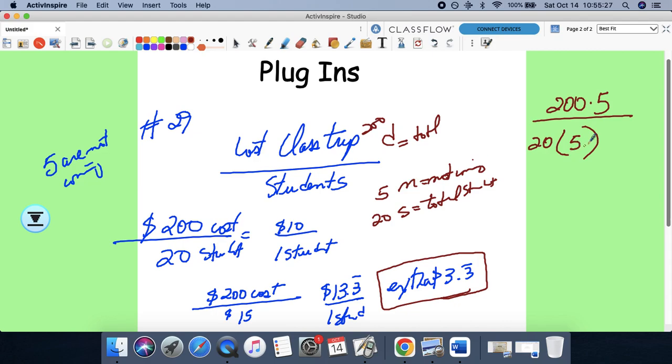Minus 5 is 15, times 20, that's outside, so let's see if that works. 200 times 5 is 1,000, divided by 20 times 5, which is 100, that gives us 10. That also doesn't work. What in the? D is total, which is 200, N was the number of kids not coming, S is